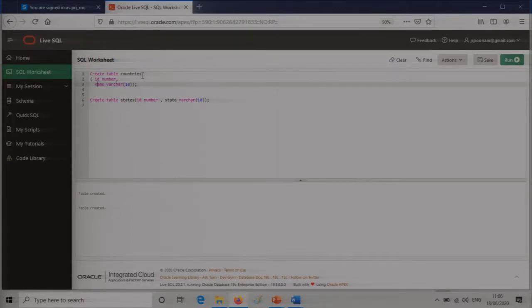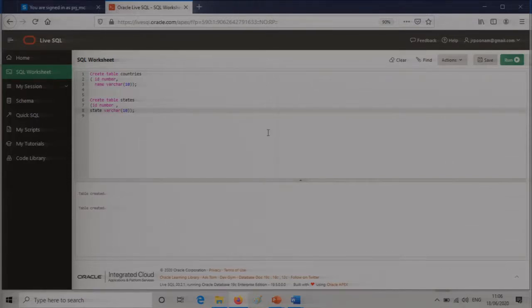The create command, I'll just paste it like this. There is ID column, and then there is name column. So country ID, country name. Then I have another table which is the states table, which has again ID.